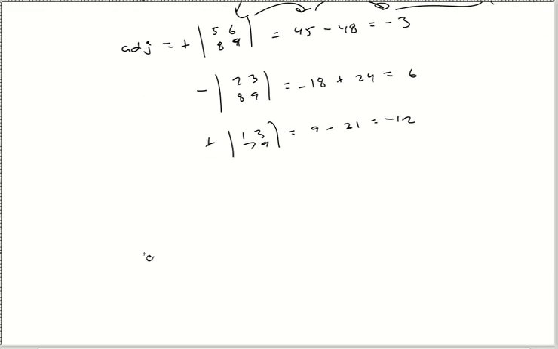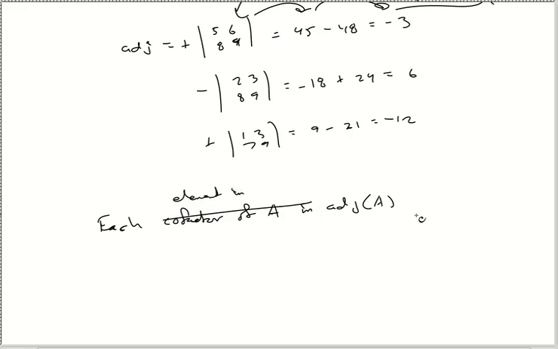I don't know if it's going to be in the book or not somewhere, but I would say each element in the adjoint of A must also be an integer